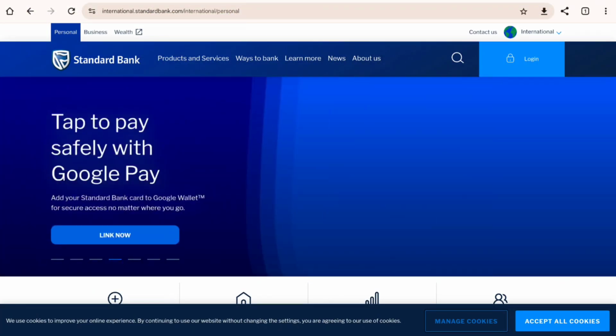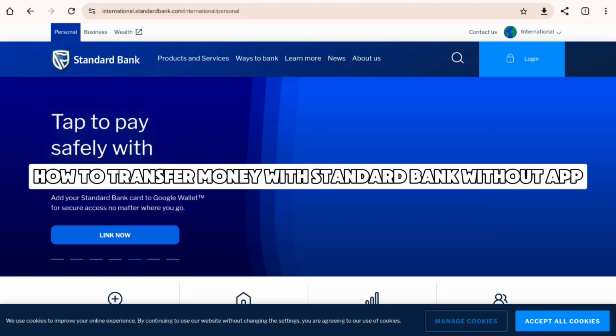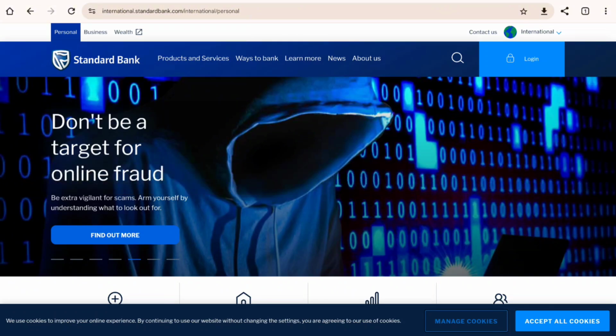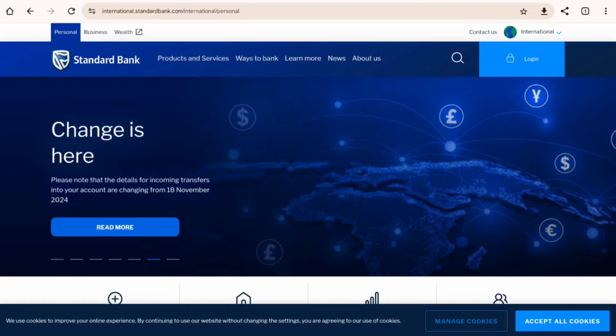Need to transfer money from your standard bank account but don't have access to the app? No worries, in this video I'll show you two simple ways to send money without using the standard bank app via USSD and internet banking. So let's get started. If you don't have access to the app or internet, you can transfer money using USSD